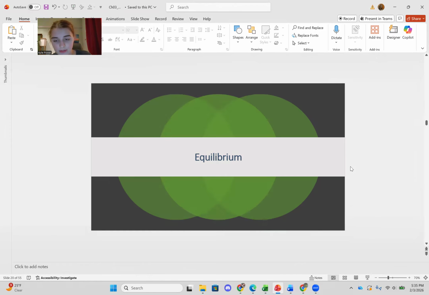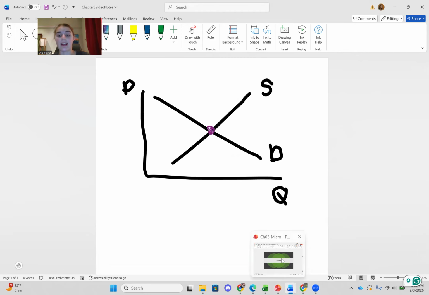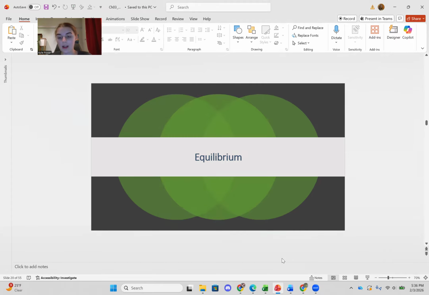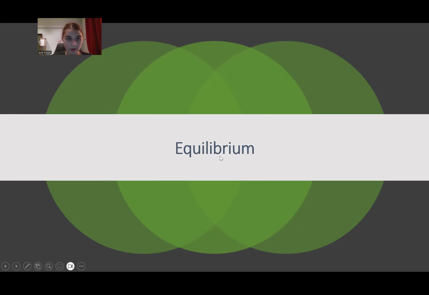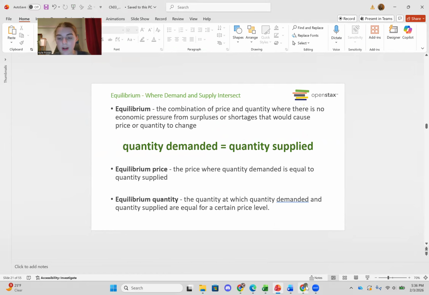Now, you might have noticed, right? If we do just a basic representation of our supply and demand, there's always this really special point here, right? It crosses somewhere, right here. This point right here has a special name. It's called our equilibrium. I like to call the equilibrium the happy place in our market where everything's perfect and great. And that's where our supply is equal to our demand. It's the combination of prices and quantities where there's no economic pressure. There's no such thing as a shortage or a surplus